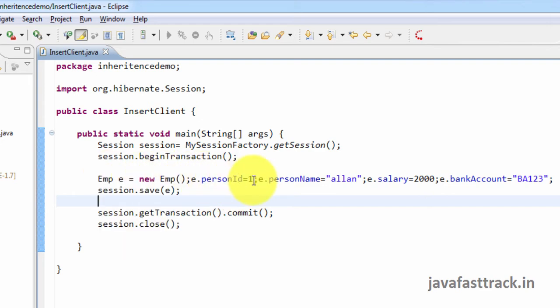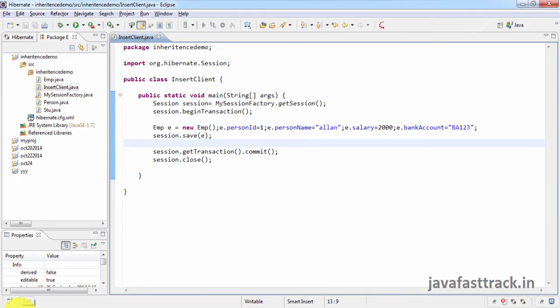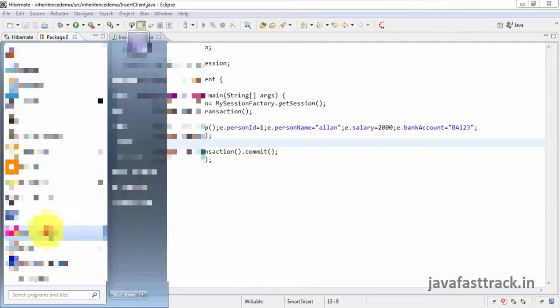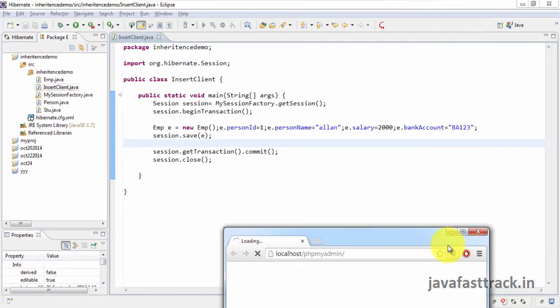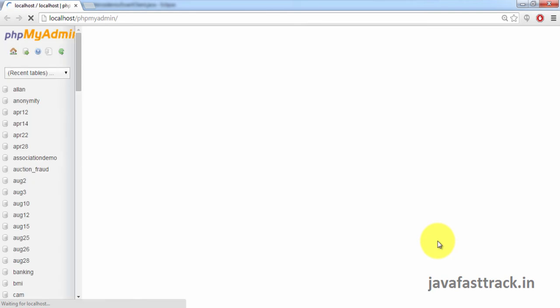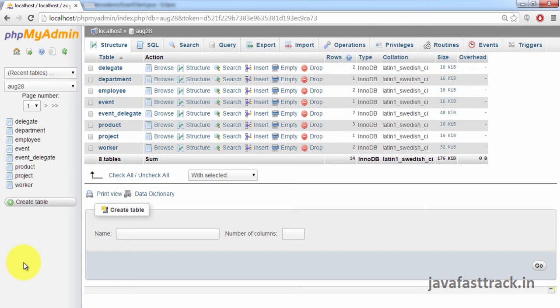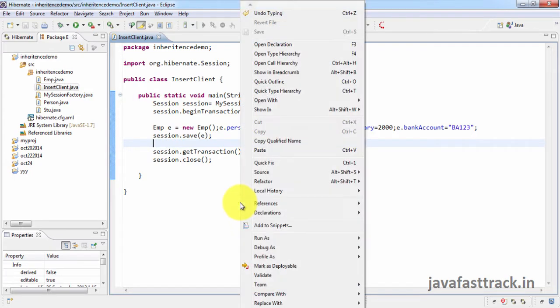Still now I have not created any database table. So the main challenge is, once I run the program, I want the table to be automatically generated and data to be inserted. I go and start my database. Still now it's not started. I don't have the tables also. I go to my database, that is the August 28 database. Still now we don't have this kind of tables created. I want that to be automatically created. Now you right click and run the program as usual.